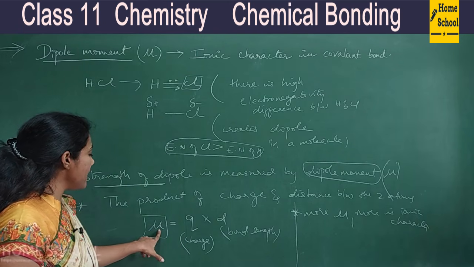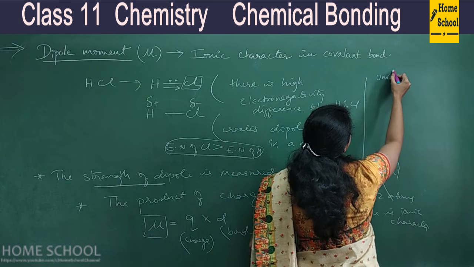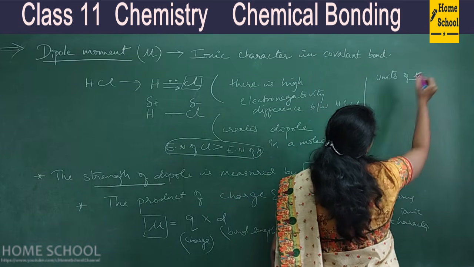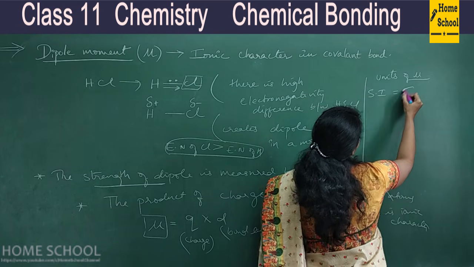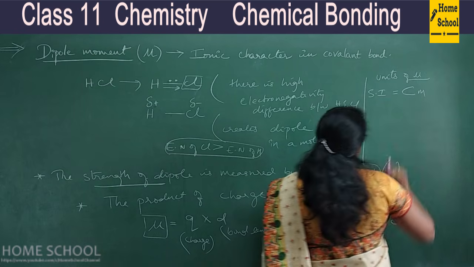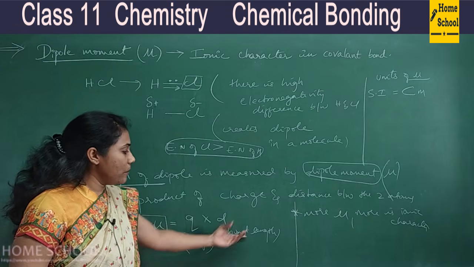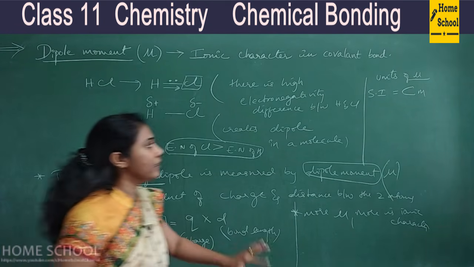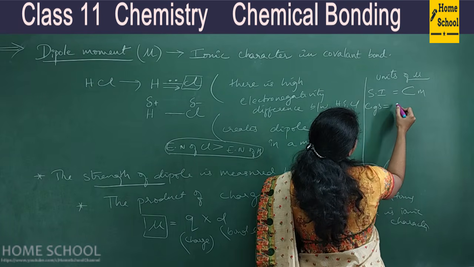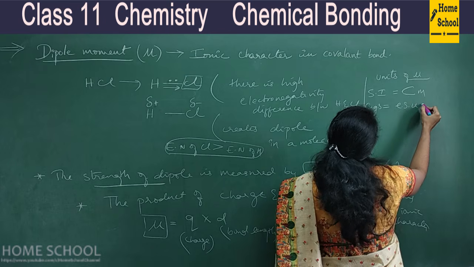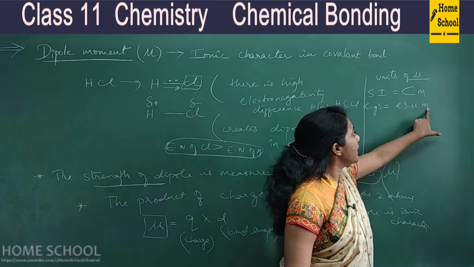So this is what you need to understand. And a few more things. Let's come to the unit of nu here. So you should have an awareness about the units of dipole moment, that is nu. In SI system, that is MKS system, the unit is coulomb meter. C for coulomb, the charge unit, and distance, like bond length, has the unit meter, right? So coulomb meter is the unit. In CGS system, the unit is ESU into centimeter, where ESU is the electrostatic unit.